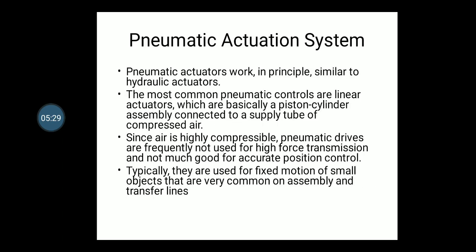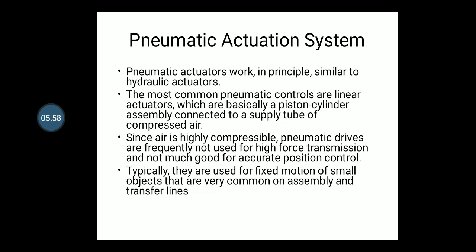Pneumatic actuation system. As the name suggests, pneumatic means pressure. So pneumatic actuators work on a principle similar to hydraulic actuators, right? The most common pneumatic controls are linear actuators, which are basically a piston cylinder assembly connected to a supply tube of compressed air. Since air is highly compressible, pneumatic drives are frequently not used for high force transmission,